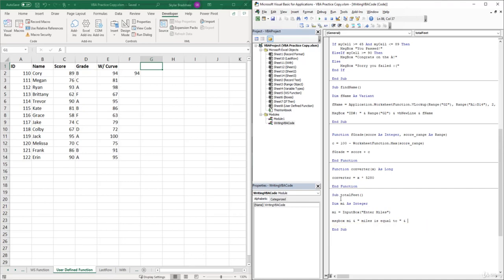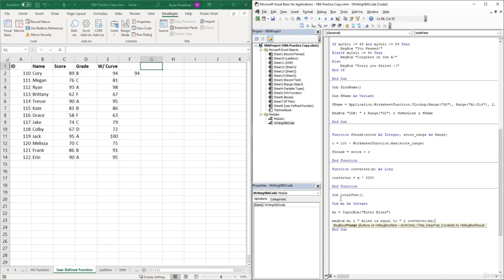So this is where we need to use our function to convert the amount of miles into feet. So we can type in our function name, which is converter, open parentheses, and our converter function only needs one argument. So we can use our variable mi, close parentheses,